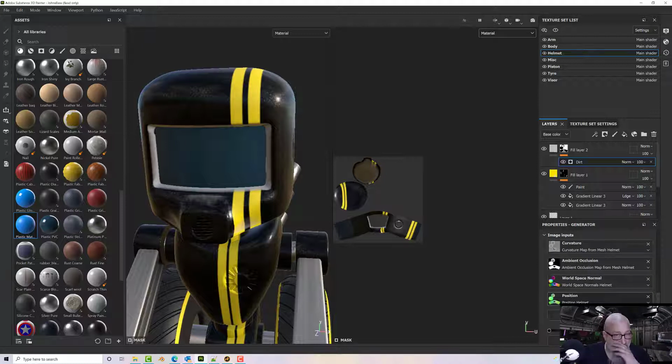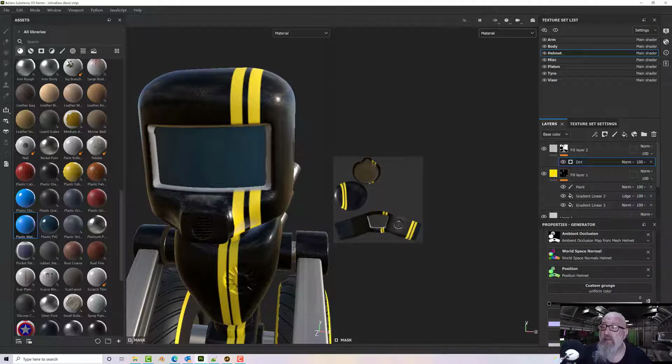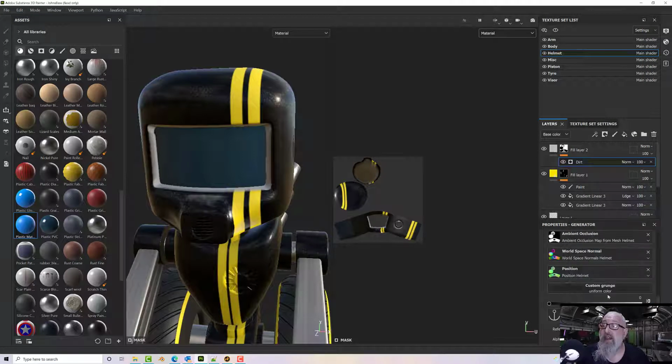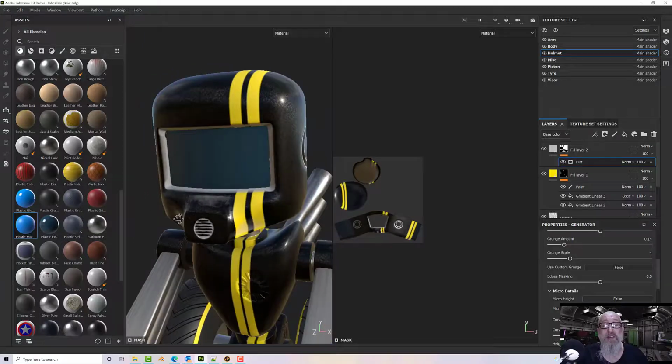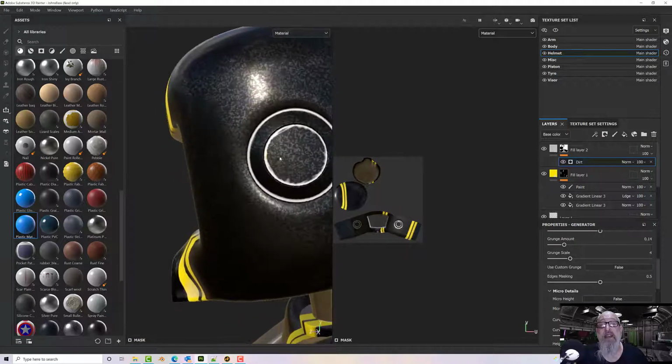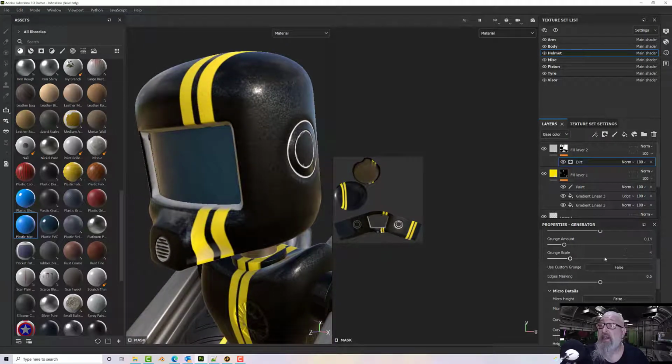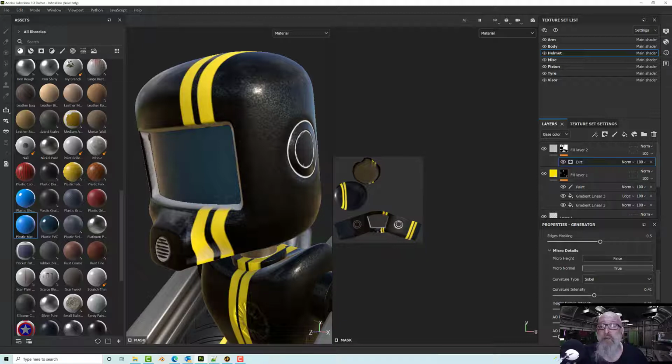So we want our normal data in this, so we'll go to our micro normal and anchor points, select the anchor point, switch the reference channel over to normal, and then up here we'll enable our micro normal details, and as you can see it's added in that extra detail to our mask, which is very handy. So we can adjust it a little bit, so for example the curvature intensity, the height details,